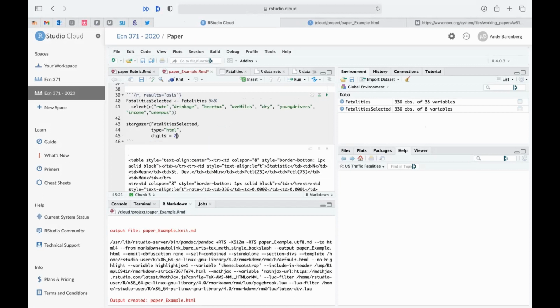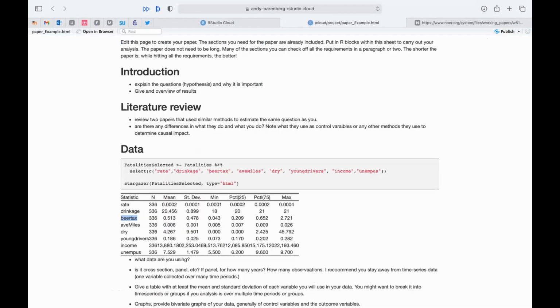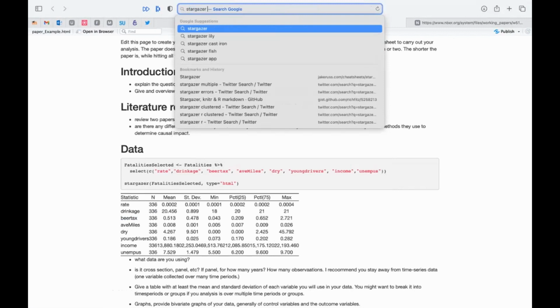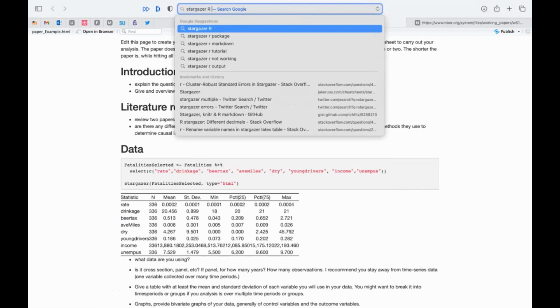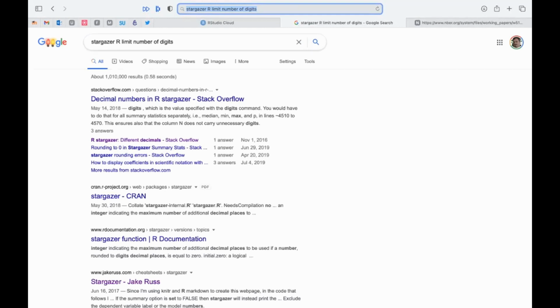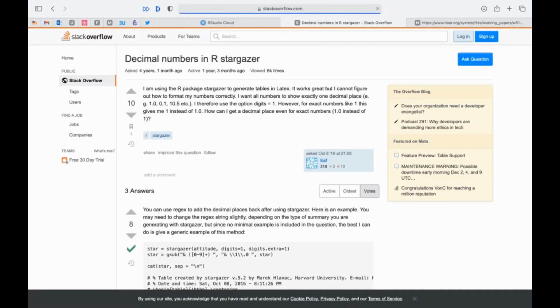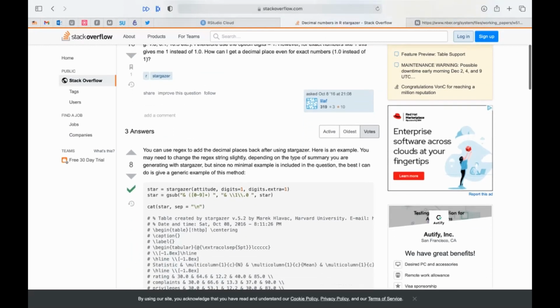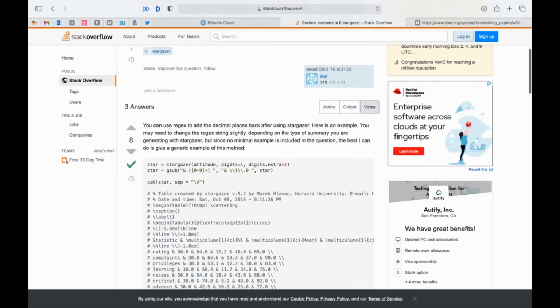So I'll tell you, when I started doing this, I didn't remember how to control the digits, right? So I was going into Stargazer, our random web page, searching for this, right? So limit number of digits, right? You can decimal numbers in our Stargazer. Stack Overflow has answers to these questions, right? And so, they have a complex way of answering it. I see they use this